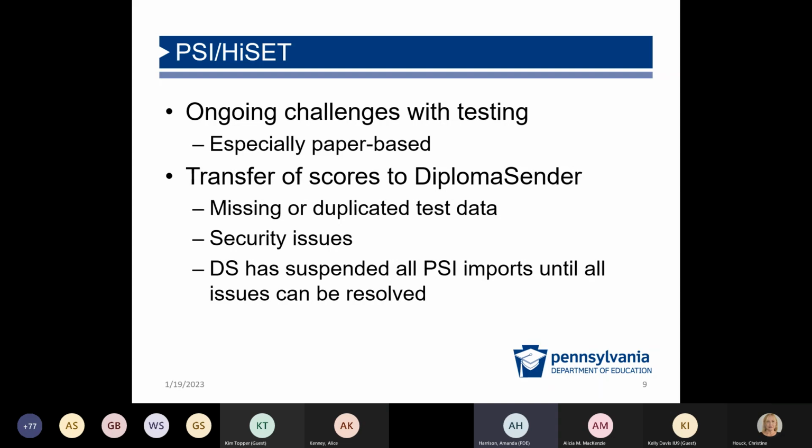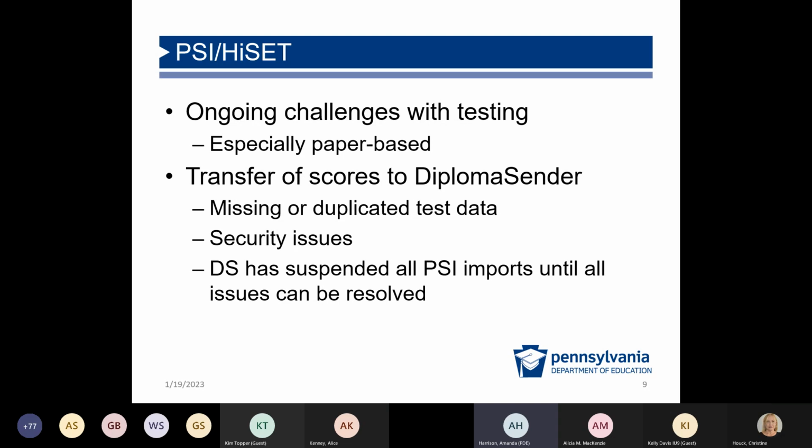The other challenge related to this is that there were problems with the transfer of data related to the HiSET test from PSI to Diploma Sender, which is the vendor that we use to maintain our records. There were test results that were missing in that transfer.